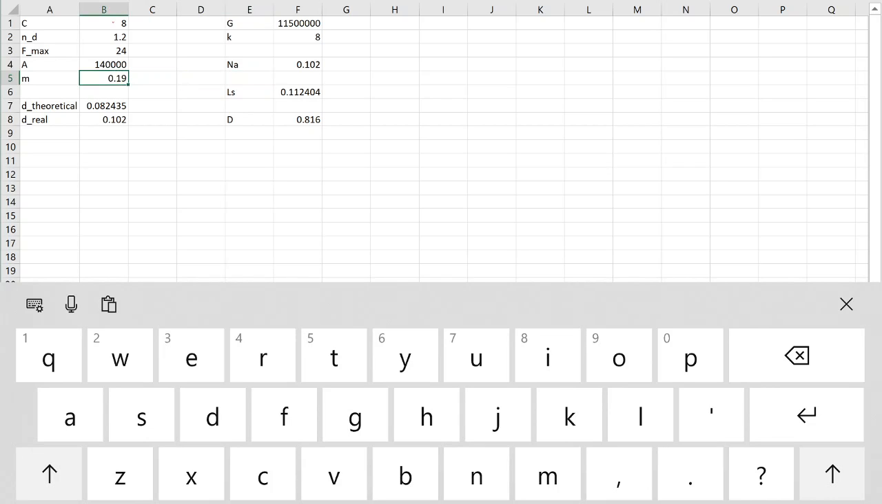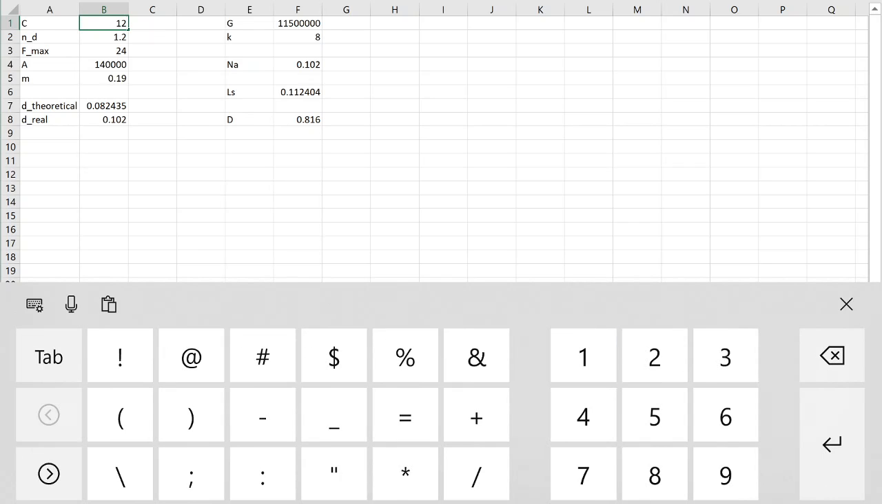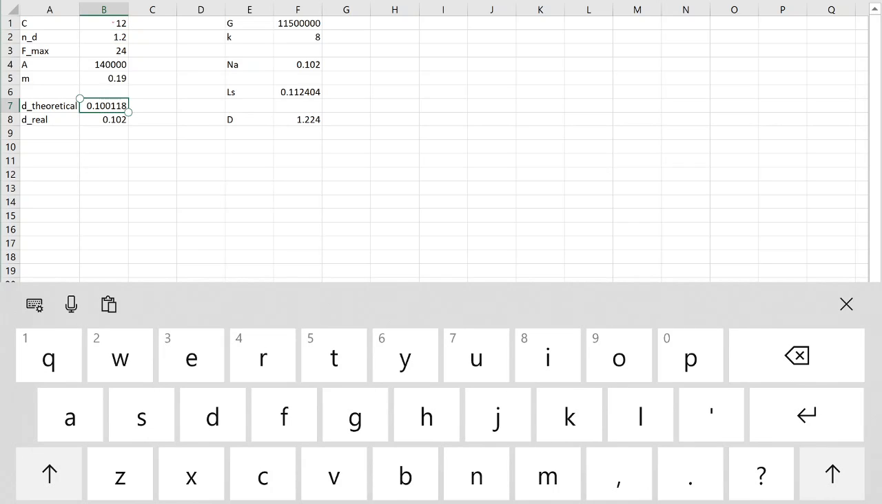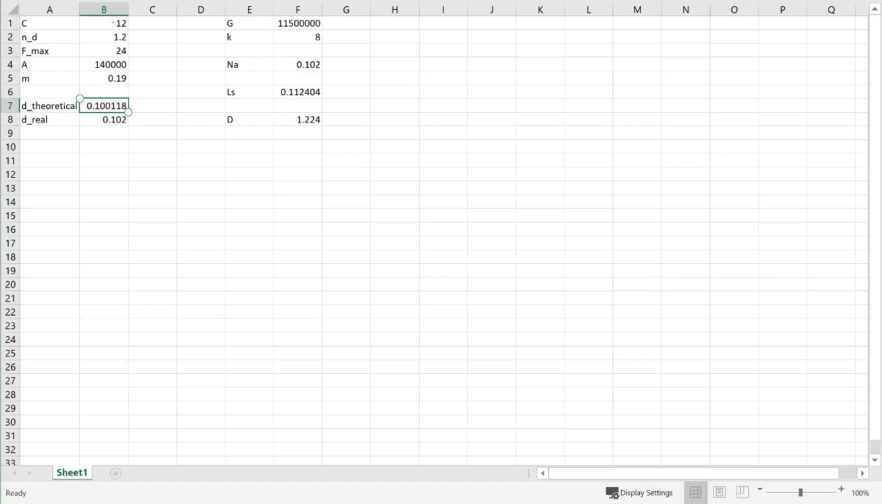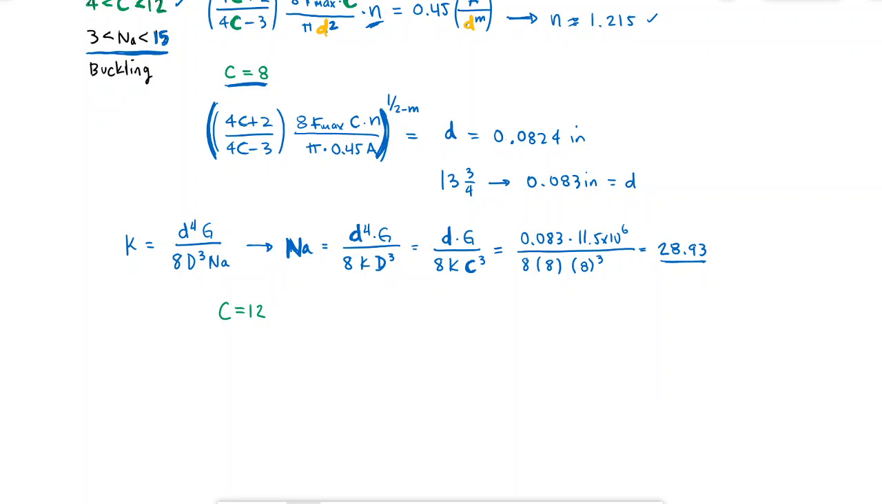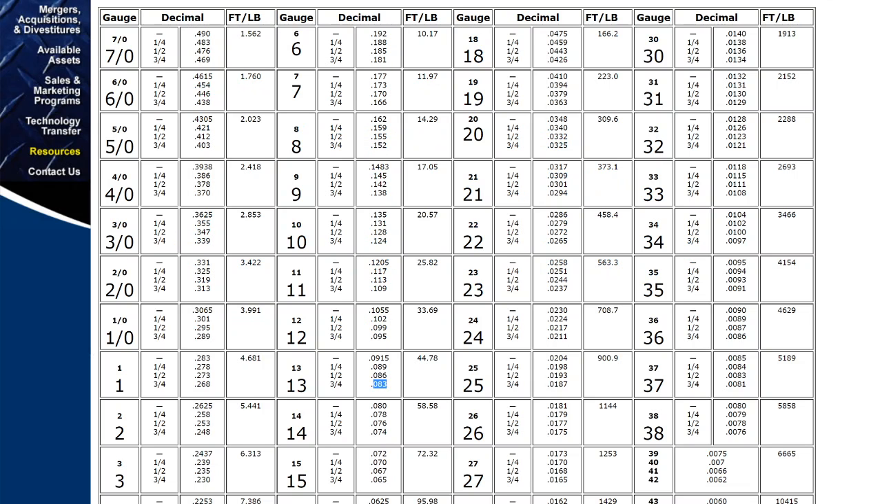Well, I actually don't know how to do it. So 12, enter, and now I get a theoretical diameter of 0.100. So my theoretical diameter, this one right here, would be 0.1001 or something. Go to my table and I find that 12 and a fourth